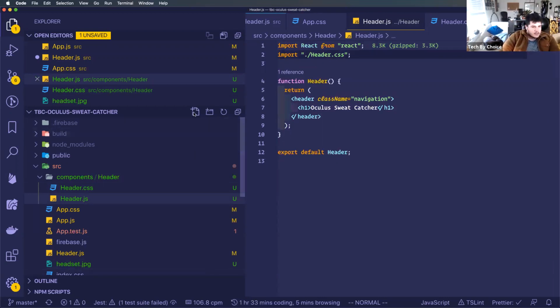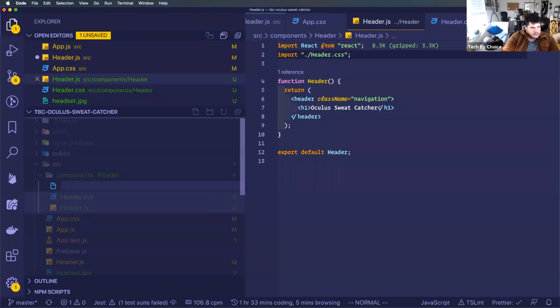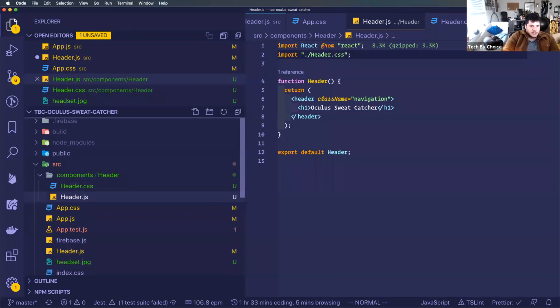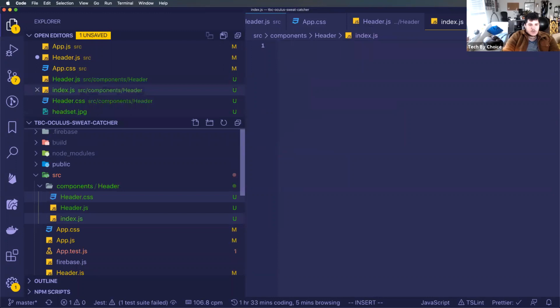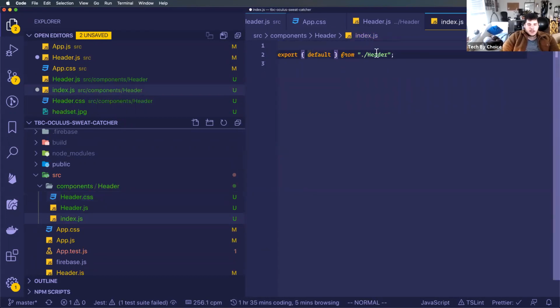And I'm going to create a new file here called index.js. And all this index.js is going to do is export header as default from header. Actually, I don't have to do that. I can just do default. Header is just exporting its own default, and the purpose of this index file is so that when I